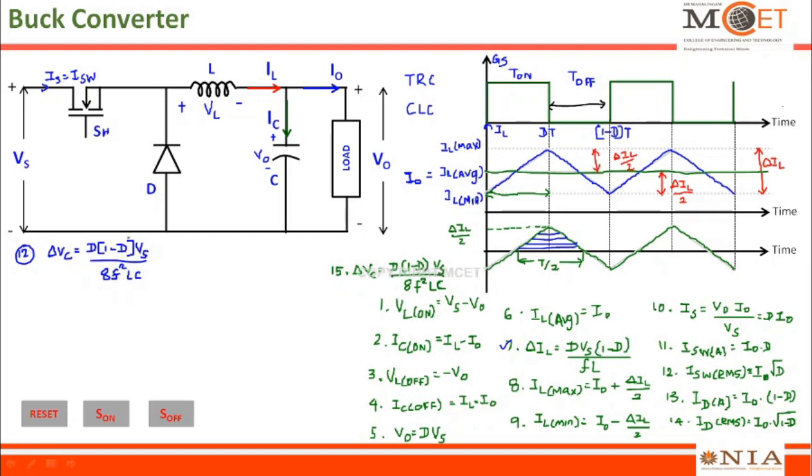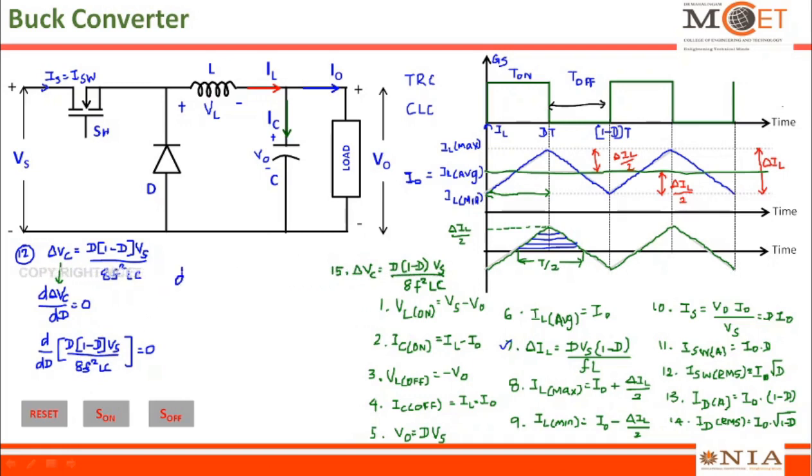In order to find out at what value of D this delta Vc is maximum, I want to differentiate this delta Vc with respect to D and equate it to 0. This is the general common mathematical procedure that we do for any maximization of an expression. In order to do that, let me substitute this delta Vc here. So I will get an expression which is something like this. If you look at the denominator, it is independent of D.